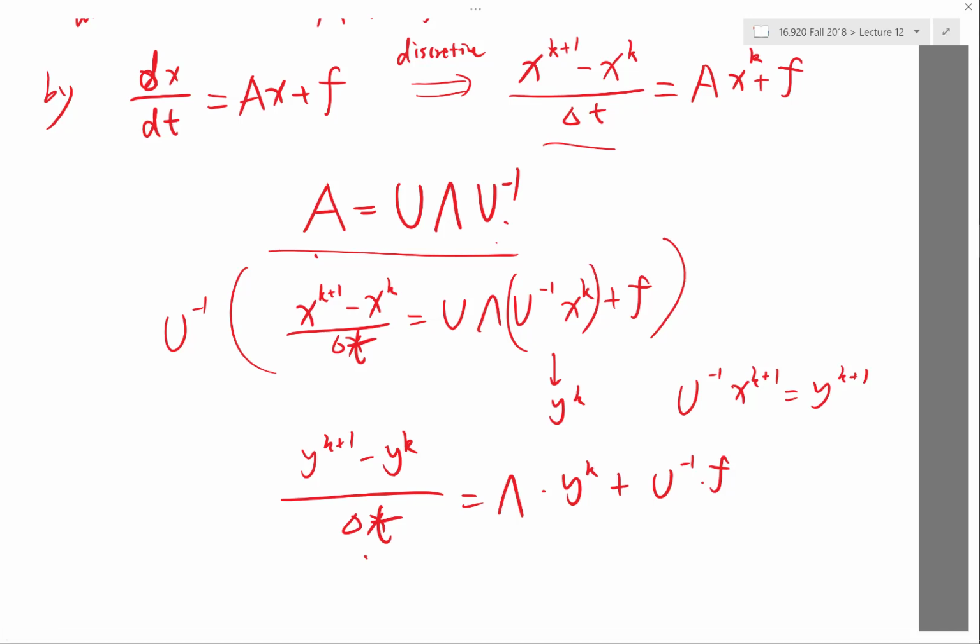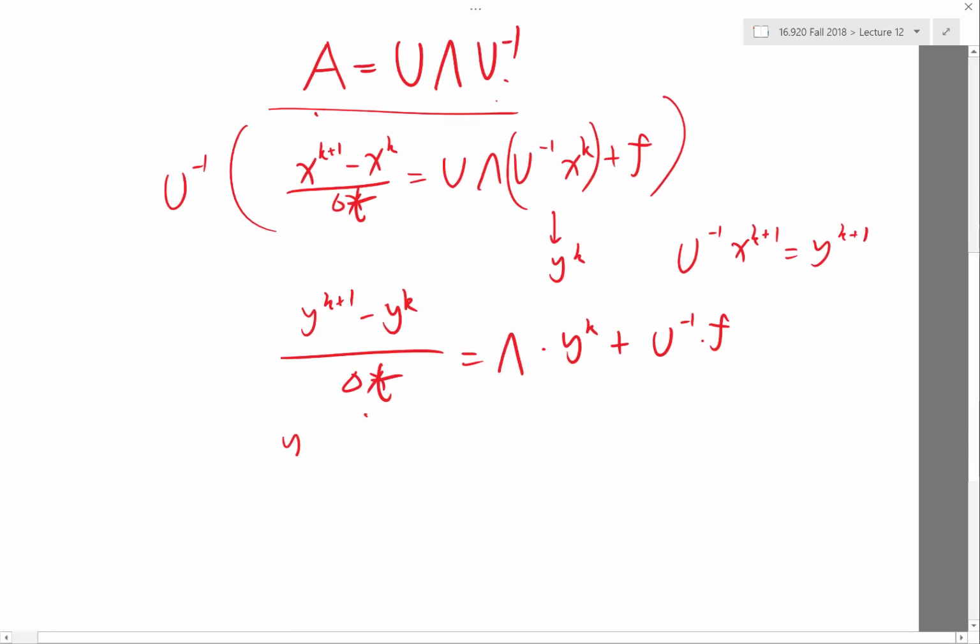Highest eigenvalue times delta t should be, the highest lambda times delta t should be less than 1 or something else, right? So let's actually write down this. y of k plus 1 would be equal to yk plus delta t times lambda times yk plus something, right? So if you lump these two together, it's actually 1 plus delta t lambda times yk, right? So if you look at this, as long as 1 plus delta t times lambda is not